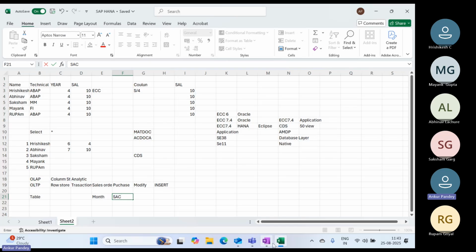Someone is here, right? Who has already worked on SSE? Yes, Ankur. So in SSE, what happens actually? In SSE, data is stored in a model, and we have a story for reporting purposes. That's only read functionality you are doing. Nothing is modified or inserted, right? So you are reading monthly data, yearly data,